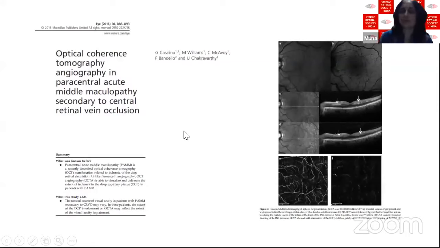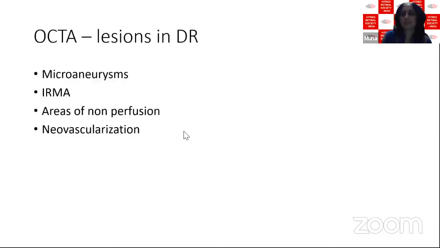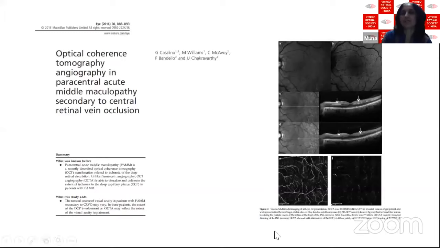One more important finding that we found in patients with retinal vein occlusion and unexplained visual loss that cannot be attributed either to atrophy or edema is the presence of ischemia in the deep capillary plexus, or paracentral acute middle maculopathy. So if you do an OCTA in these patients, you see the superficial plexus looks all right, but if you see a dark area in the deep capillary plexus with some amount of ferning, this is very typical of paracentral acute middle maculopathy, which you need to suspect in an eye with retinal vein occlusion when you cannot explain the vision.